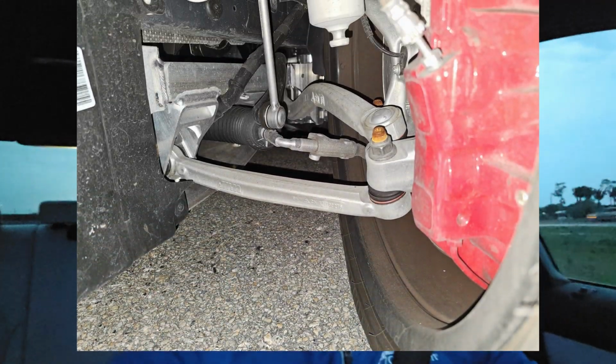Took to get the G80 back. If you'd watched some of the previous videos, you probably saw that the tie rod failed for no apparent reason. No accident or anything associated with it, just broke right in the driveway. So long story short, I fought back and forth with BMW for about 6 weeks, about 45 days, and long story short, they decided to not cover the car in any way, shape, or form,